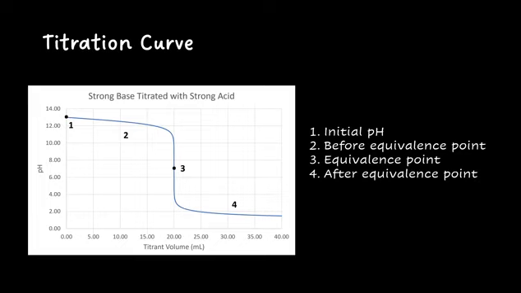A titration curve is a plot of pH versus volume of titrant. This curve begins at a high pH at 0 mL of titrant and decreases slowly for a while. When the titration nears the equivalence point, there's a steep, nearly vertical decrease by several pH units. Then the curve continues at a slow decrease until the end of the experiment.